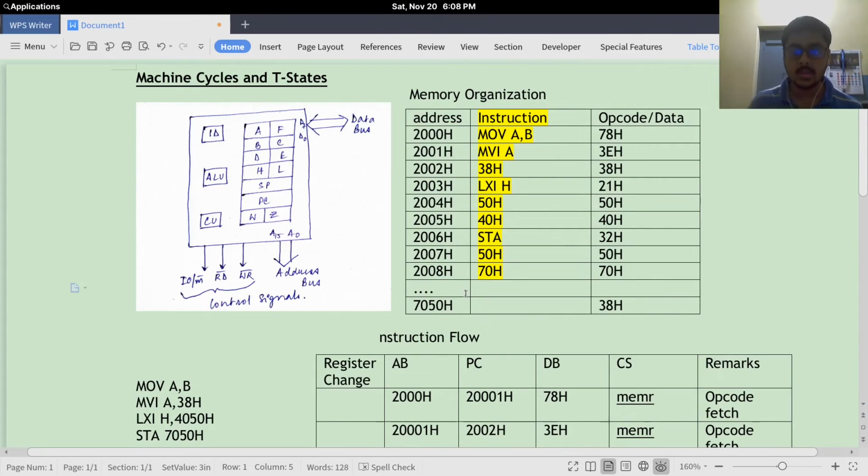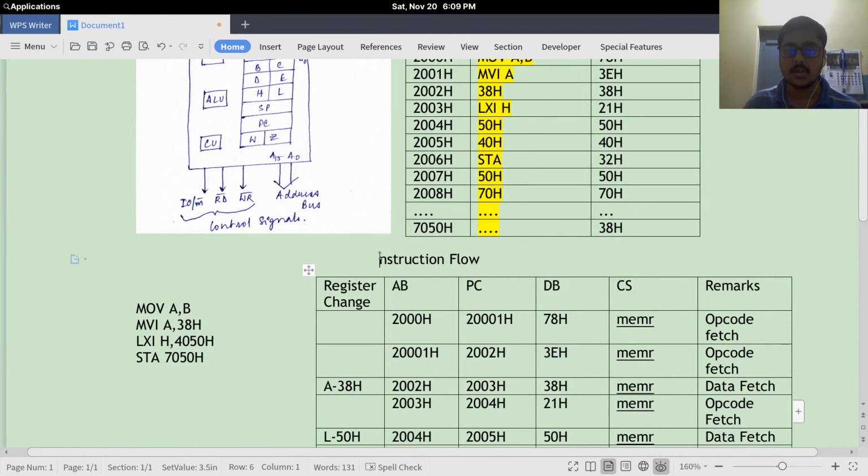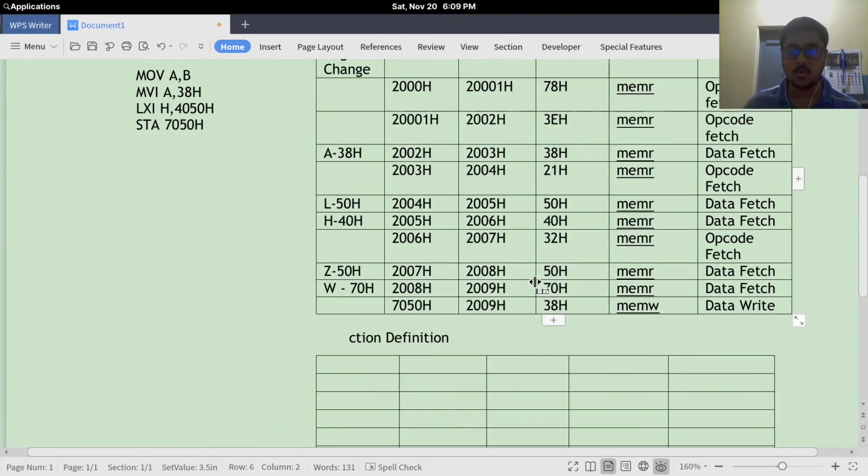In between there are many memory cells, many instruction cells. So the memory location 7050H contains 38H. So till now we have decided on the instruction flow, on how the instructions are being executed in the memory. After the data is written, the program is executed properly.